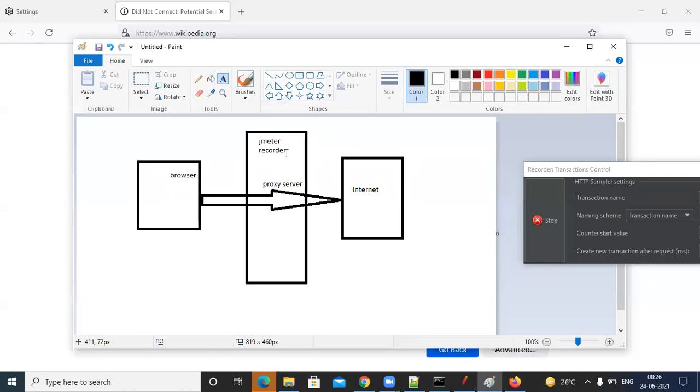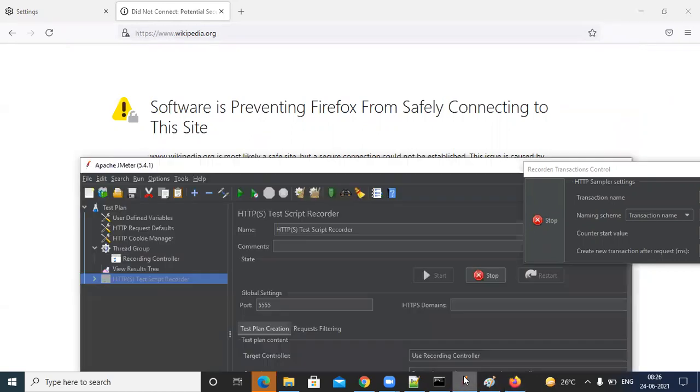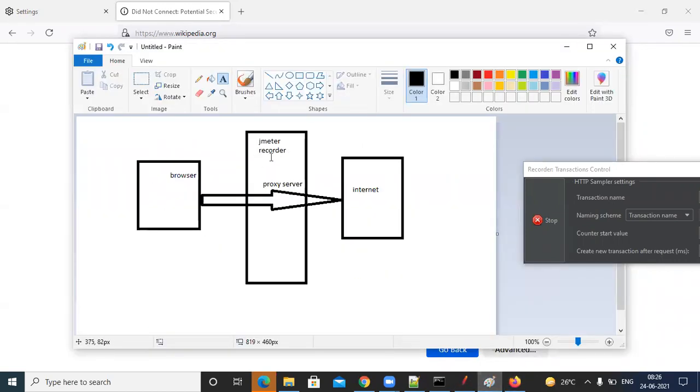Because the common thing is browsers only. If the request is coming from the browser, then it's generic. But if the request is from a tool, hacking could also be possible, right? So they won't allow the request. That's why you'll see this error sometimes: safely connecting to the site, and there's no certificate. So what we have to do is add a certificate. What certificate? A certificate is nothing but me telling that my request is authorized by using the certificate. So along with the request, I will send a certificate as well.